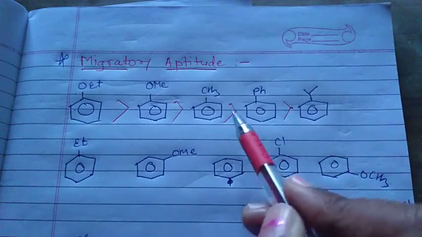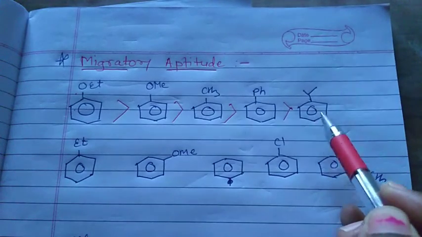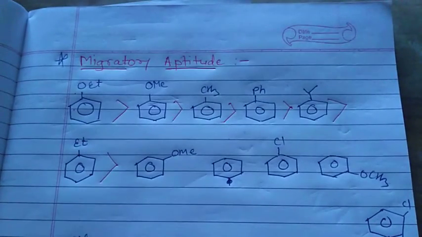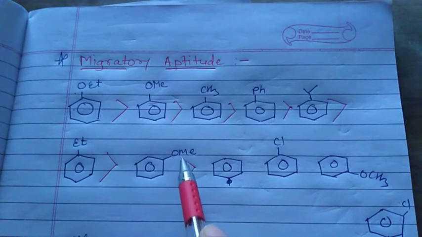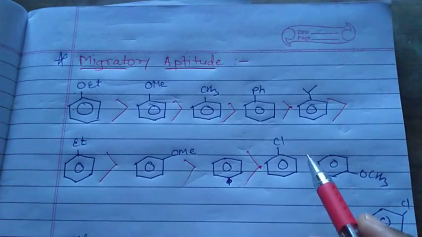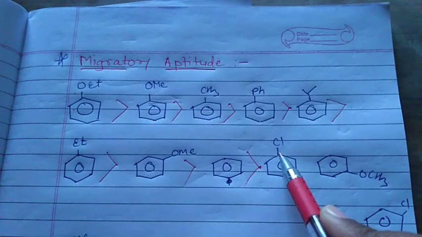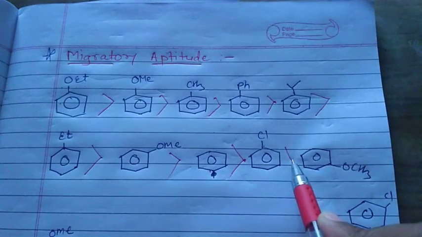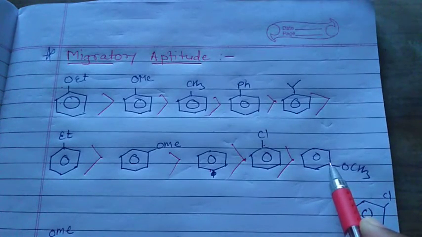then the phenyl group which is present at the para position of the carbon, then a tertiary butyl group attached to the phenyl group has a higher migratory aptitude than the ethyl group attached at the para position. Then OMe at the meta position. Whenever it is present at the meta position, it has lower migratory aptitude than the benzene ring. Whenever an electron withdrawing group is attached to the phenyl ring, the migratory aptitude decreases compared to the benzene ring. This is higher than the OCH3 group attached at the ortho position,